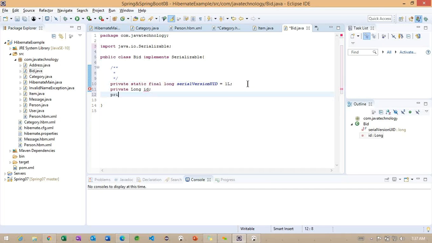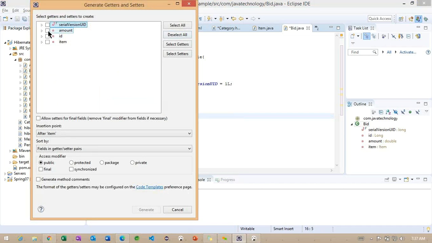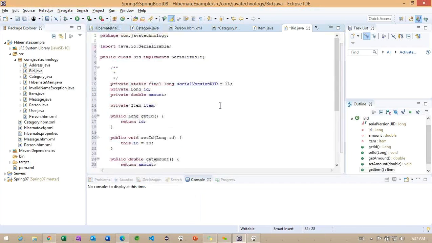Long id, private amount. And now observe here, item. Getting the point? Here, what we are doing is, this particular Bid class is expecting one item object here.